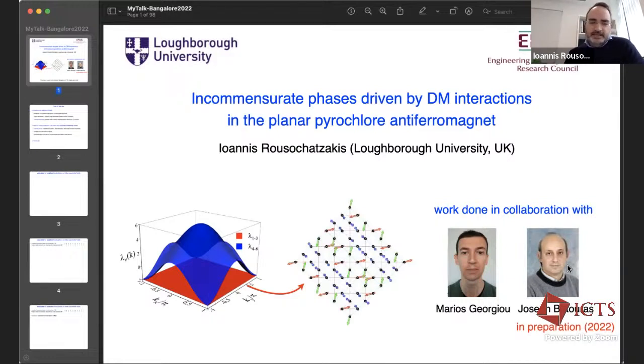The story is basically the following: we start with a highly frustrated magnet, such as the planar pyrochlore or the checkerboard lattice, which is known to have infinite competing orders. And then we switch on some